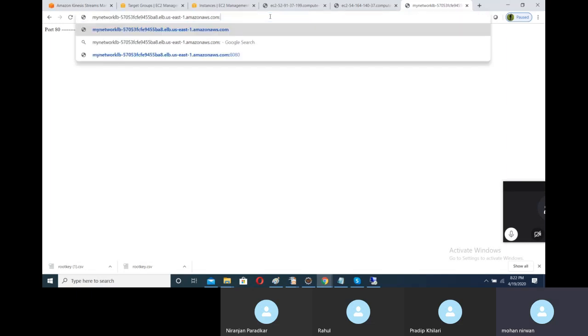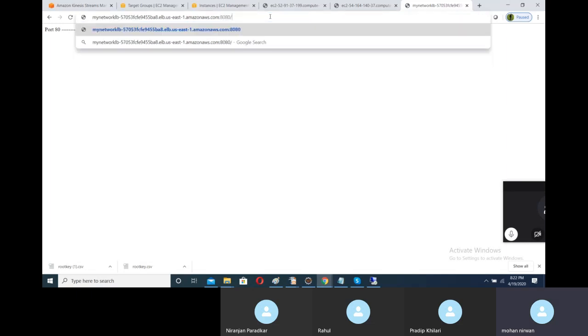So let's push that. Okay, so it is done. By default it is the first one, it is going to our port 80, that is our different instance, and now we will try to give the port 8080.